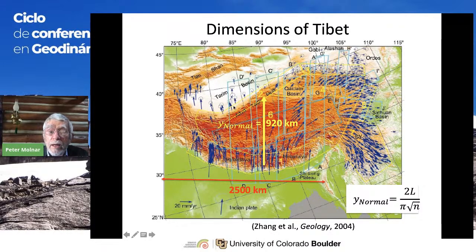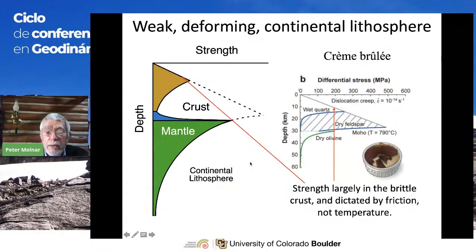A little further over here, a little less, but then you have the Tian Shan up in here. So the point again is that the deformation reaches much deeper into a region where the boundary condition is indenting than where the boundary condition is strike slip. And if we go one last step, suppose that most of the strength is in this part, in the brittle part. In other words, we go to a creme brulee, where the mantle is so hot that the olivine provides very little resistance, and most of the resistance is brittle deformation in the crust.